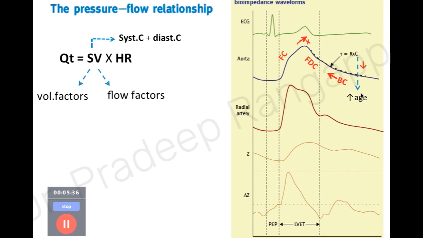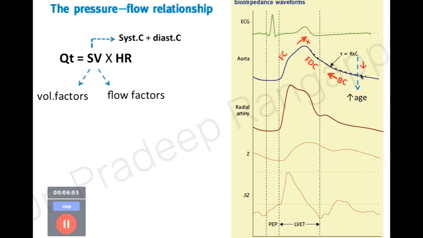So when there is a change in the caliber from the aorta, there is a backward compression. There is some amount of blood which tends to be pushed backwards, that we call backward compression. Why are we talking about all this? This forward compression, the forward decompression and back compression all tend to overall determine your stroke volume. And as you see, this is also influenced by resistance and compliance of the aorta.